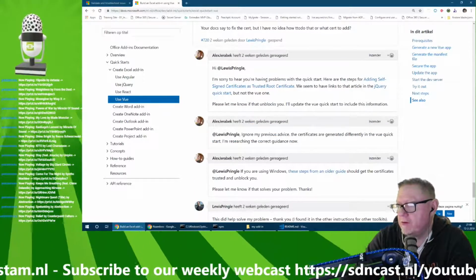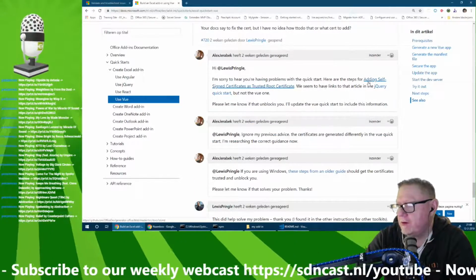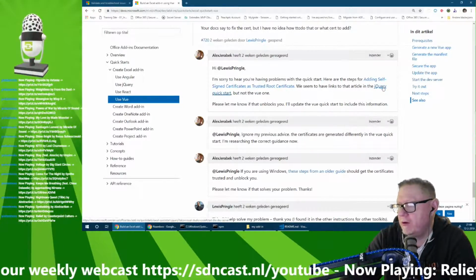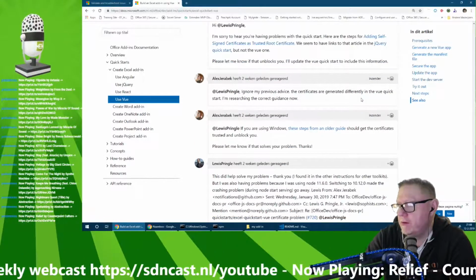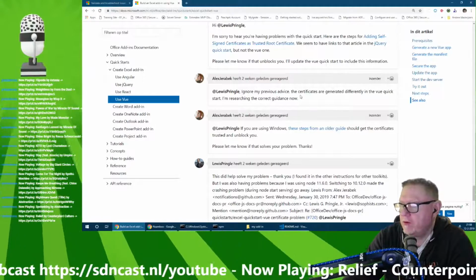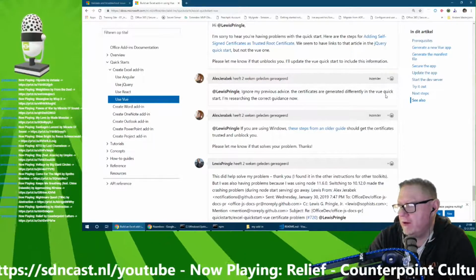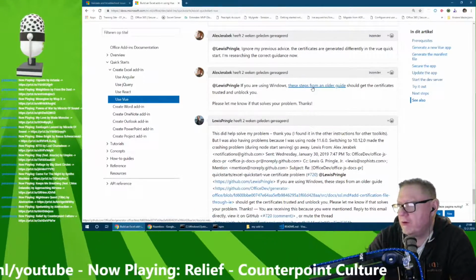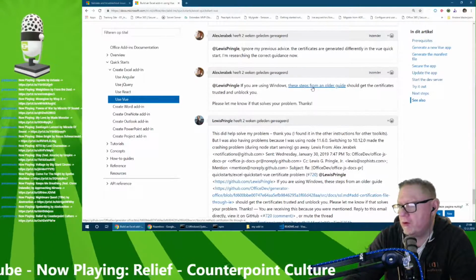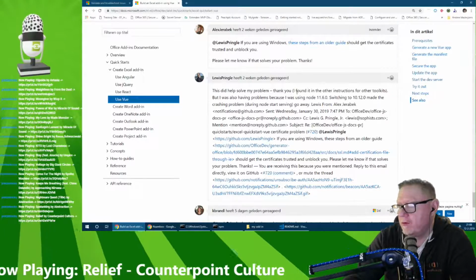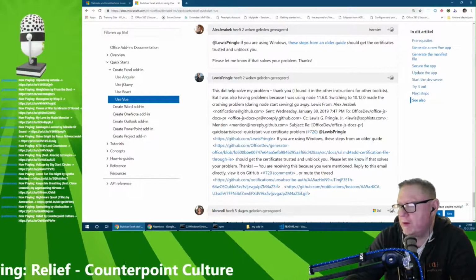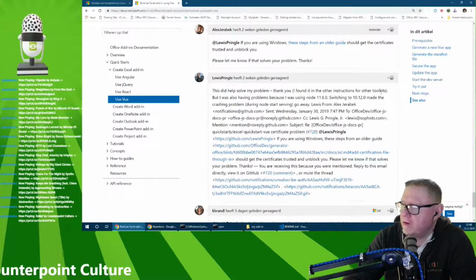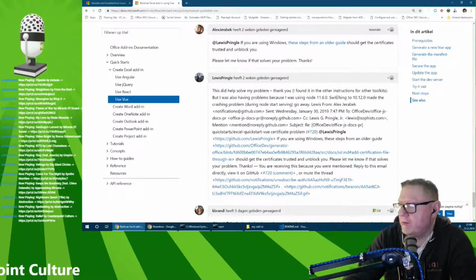How to do this? Here are the steps: add self-certificate. We seem to have links to that in the jQuery quick start, but not in the Vue one. Ignore my previous advice. Certificates are generated differently in the... yeah, that's what I thought. These steps are from an older guide to get certificates trusted and unblock you. This did help solve my problem. I found it blah blah blah. In the other instructions on the other toolkits, but I was having problems because my Node